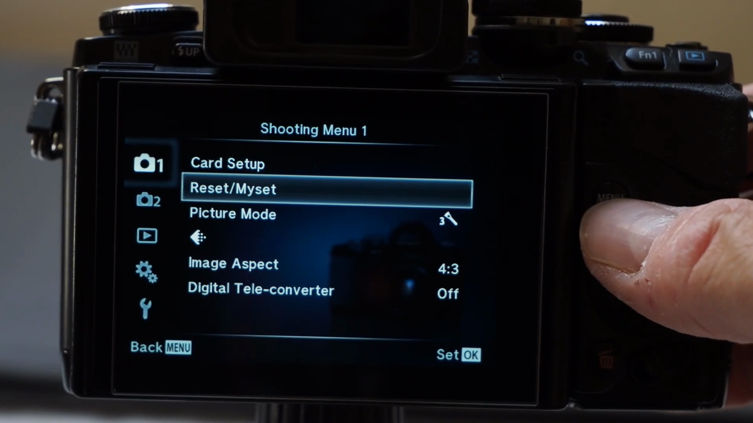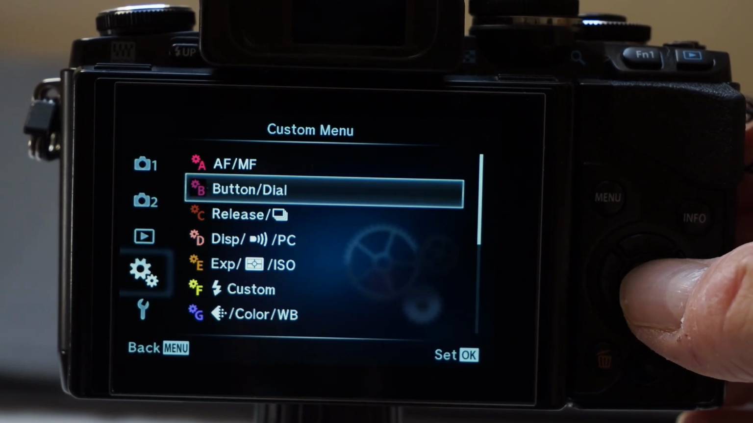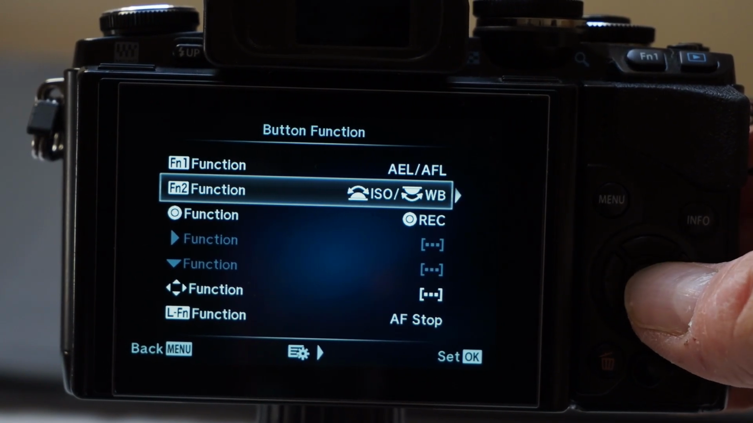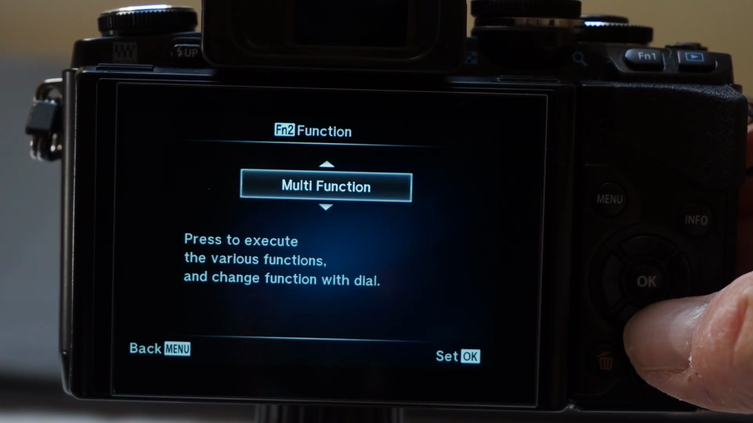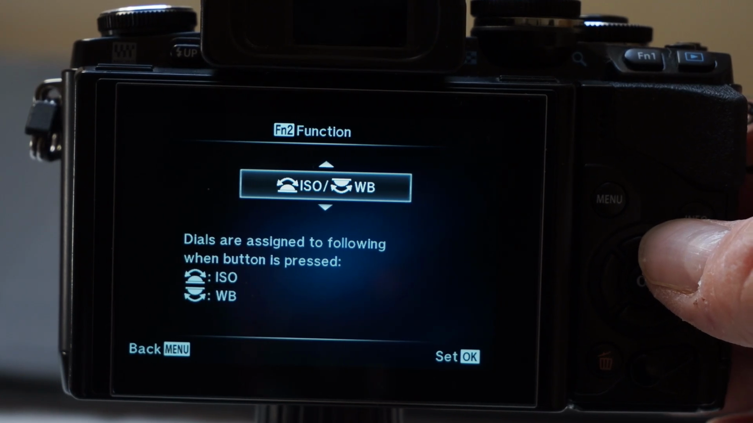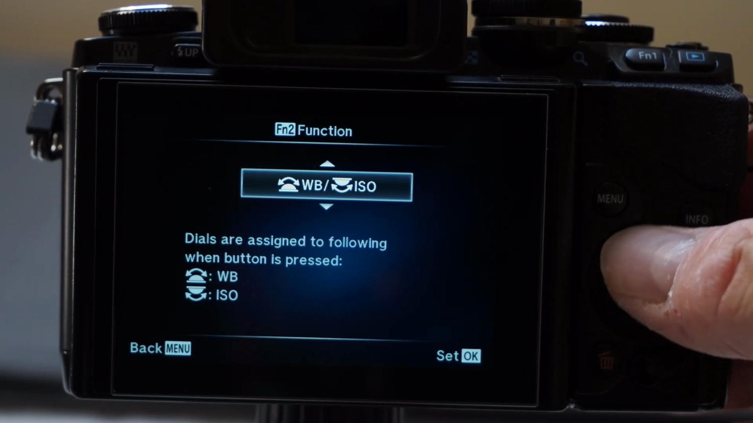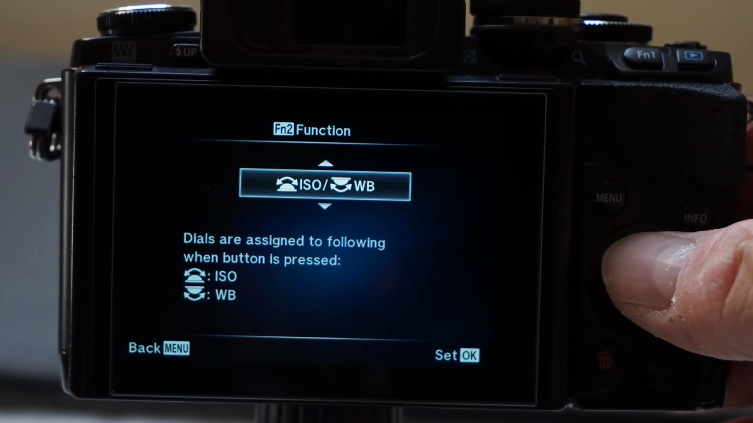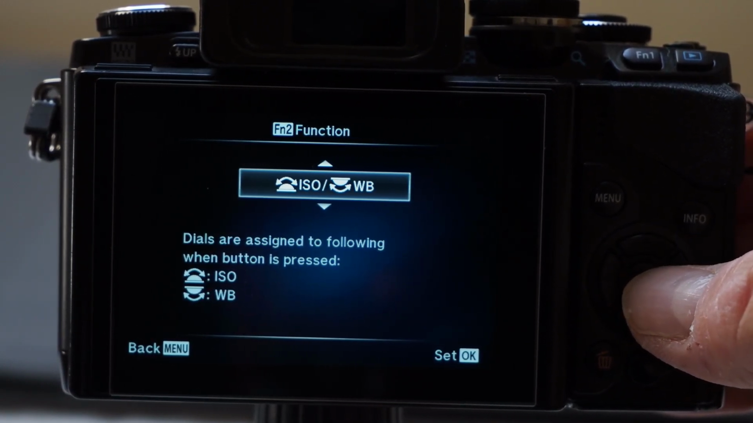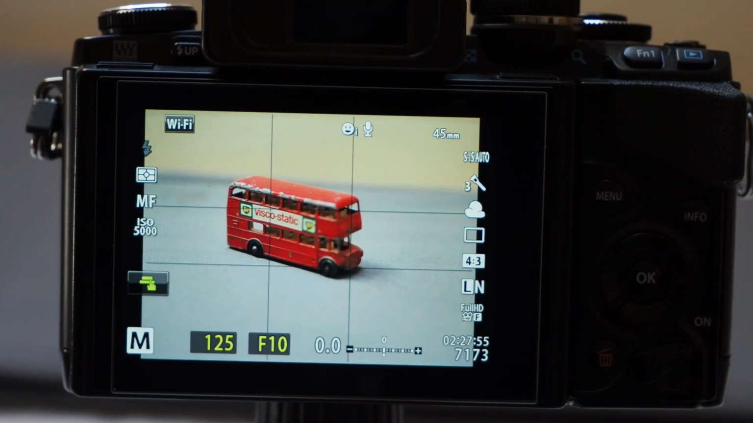Or you could go down to the gear menu and choose the button dial option, and then button function, and then go down to function 2, and then you can see that can be set to lots of different settings, but I have the ISO on the front and the white balance at the back. Or if you prefer the reverse, you can do that. You can change that to white balance at the front and ISO at the back, but I'm going to leave it with ISO at the front on the front dial and white balance on the back dial,